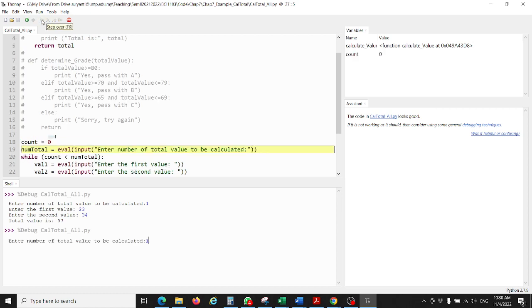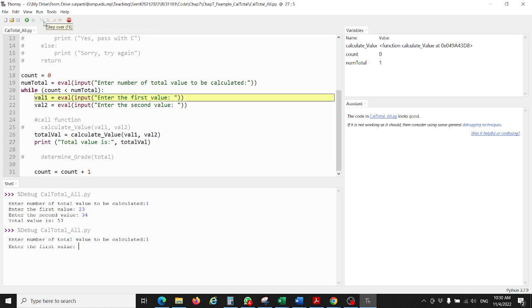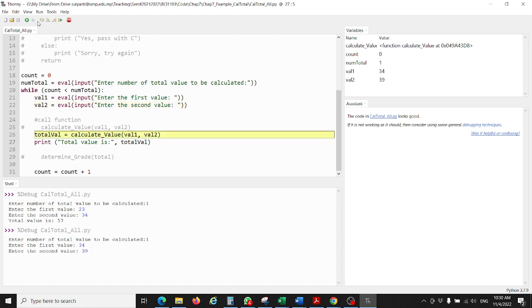Okay, go to the while statement. Let's say I said 34. The second value is 39. Now when I call this function, what will happen is they will pass the 34 and 39 to